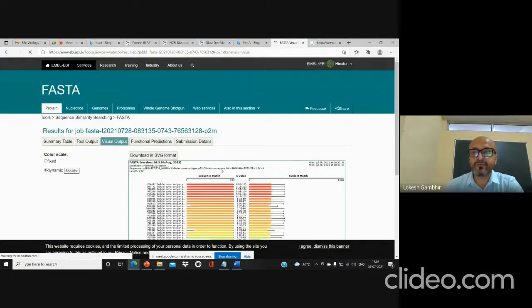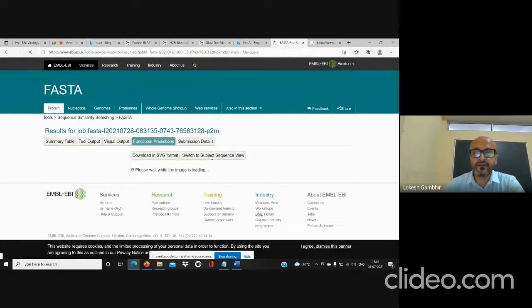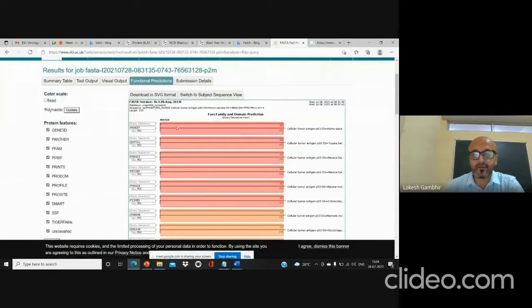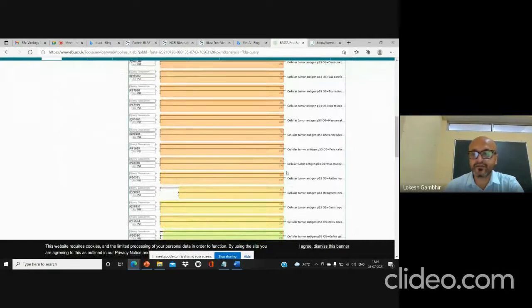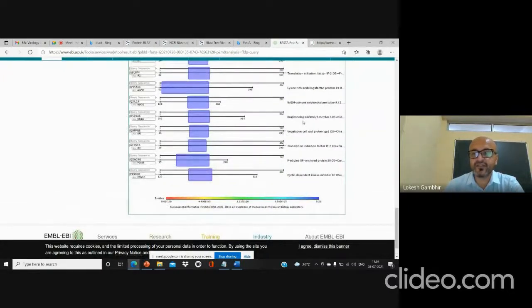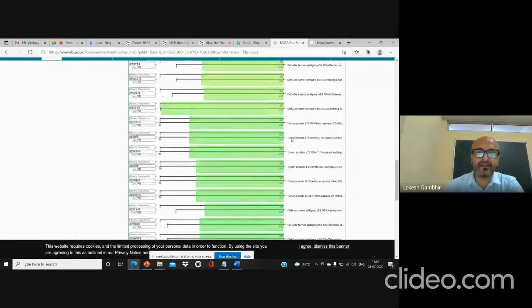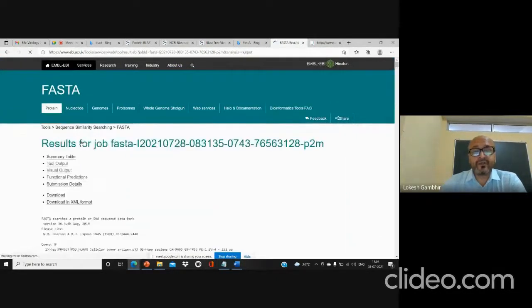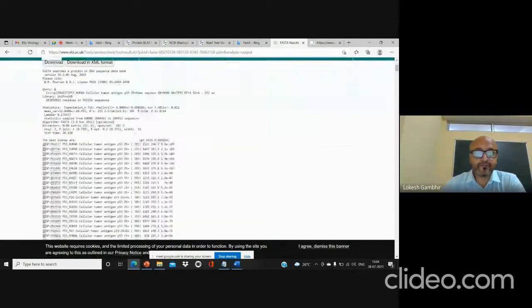Then we have functional predictions. If you want to predict the function of what your sequence is doing, we click on the functional prediction and you will get n number of hits, based on that it's a tumor suppressor antigen or a tumor suppressor protein. Then it is used as DNA homolog. It's involved in DNA repair also. So this is how you predict the structure even of your unknown sequence. Even if you have a known sequence, you can predict the structure.